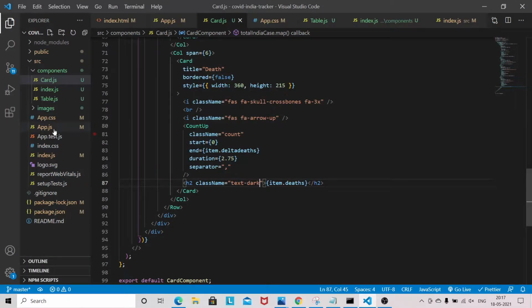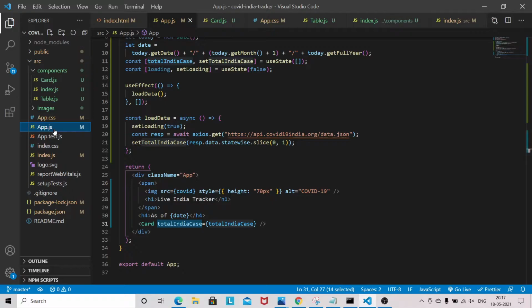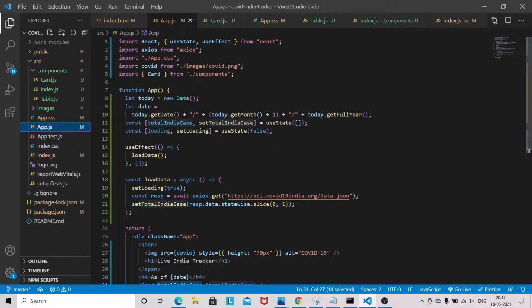Before we start building the table component, we need to pass some data from our app.js component. So we need to define some state. const total state wise count, set state wise count, useState.